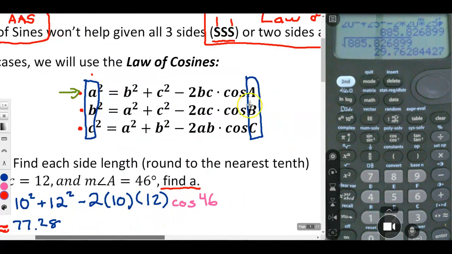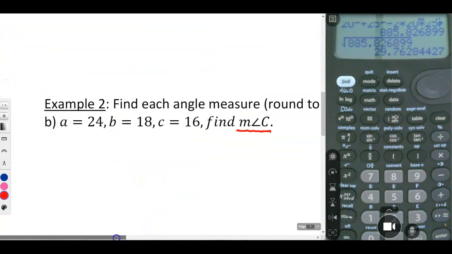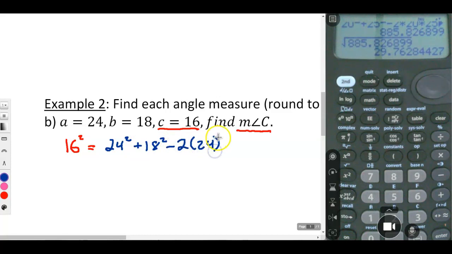But if you know you're trying to find measure of angle C, you have to know, well, which one of these are you going to use? So recall, if you're trying to find C, that you need to start off with C squared, because you have to know which one of those three sides is going to be squared. Right? So these things will always be on the outside. So that means I'm going to have this. I'll start off with 16 squared here. Then it's going to be 24 squared plus the 18 squared and the whole thing in the business minus 2 times 24 times 18,